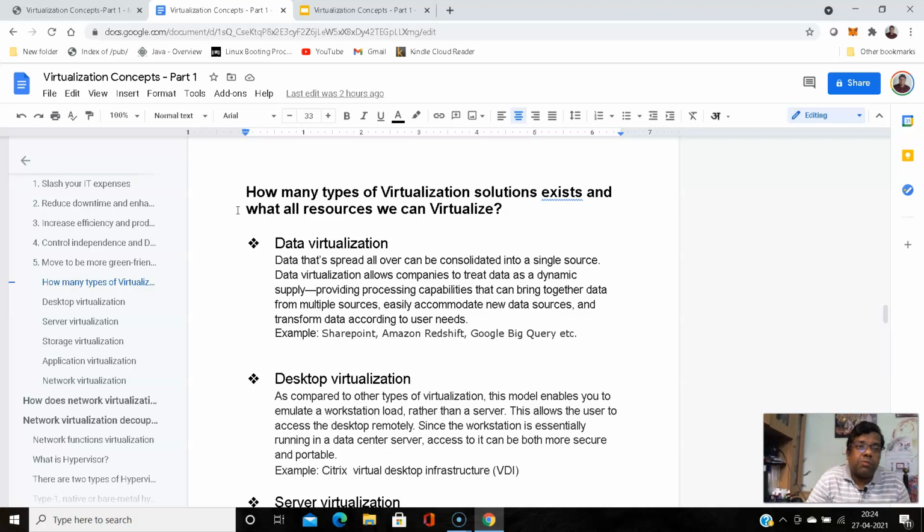SharePoint is a centralized data store where you can store different file formats like Word, Excel, PowerPoint, or any other formats of data, and access it over the web interface. So that is data virtualization.